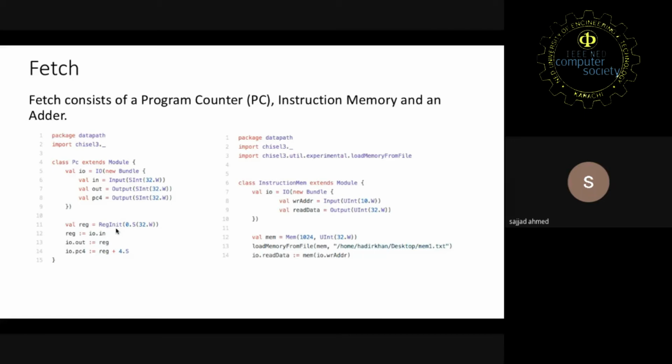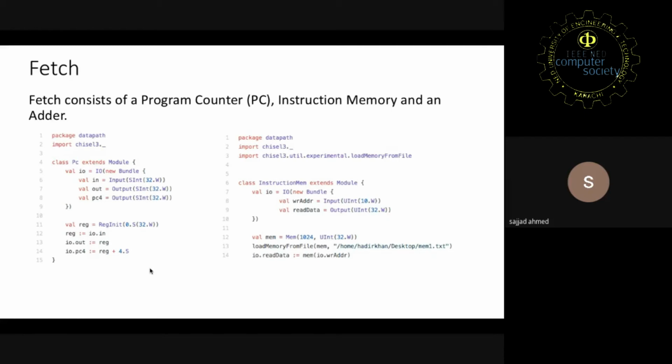This operator between reg and io.in, colon equal to, is a wire operator. We use this in Chisel for wiring something. You are wiring an AND gate to its input or output, so we read it as reg wired to io.in. Then we know that we have a word aligned memory architecture. For that, we have to update our program counter by 4. Then there is reg plus 4, which increments the register's current value by 4, and then sends it back to the